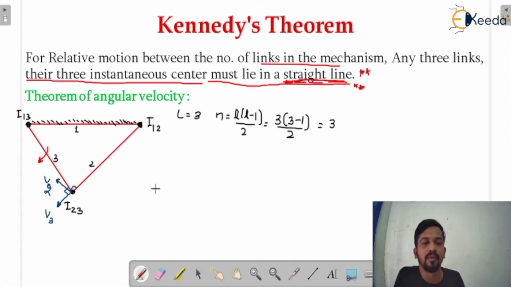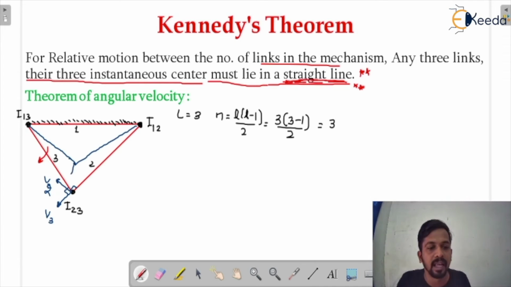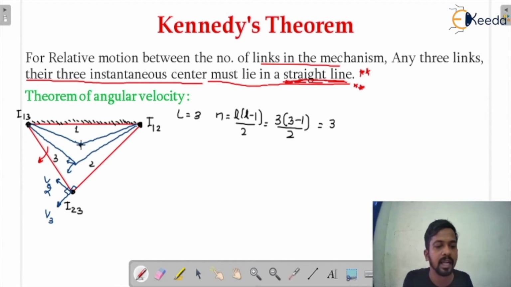Okay, so what would happen? See here. Now, if I'm going to say this link can be assumed like that, if it would be like that, the velocity would be in that direction, and that in that direction. If I make the link shorter, now it would be in that direction and in that direction.